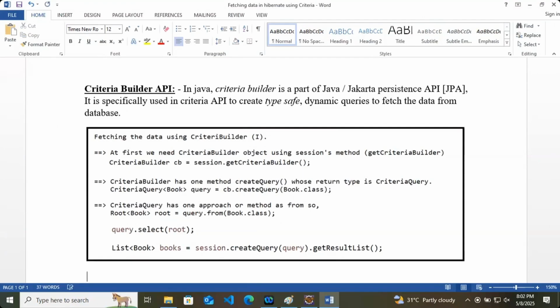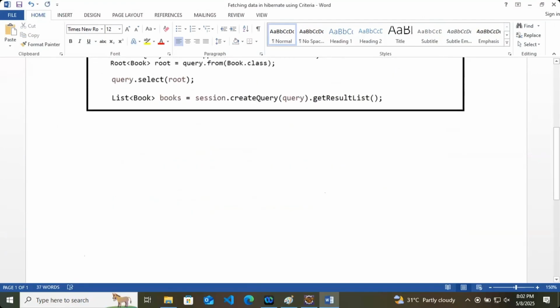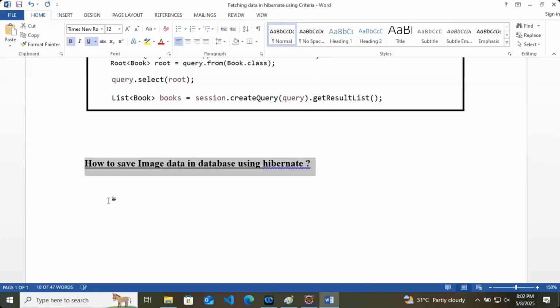Okay. Second thing, how to save image kind of data in database using Hibernate. So I think I have already told you about something called base 64.